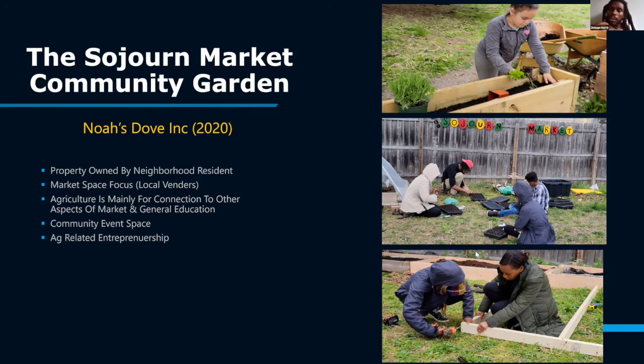Either the breeze will get them or they're invited to touch through signage, to help with calming smells and also engaging in things like, yeah, this is edible, you can try it. The kids eat this up for certain, and adults big it up for certain, even if they're still wary of trying some random leaf from a plant. So yes, agriculture is mainly for connecting to other aspects of the market and general education. It's a community event space, so concerts go on there, cookouts, we give away free